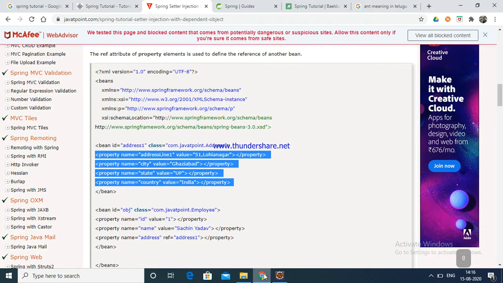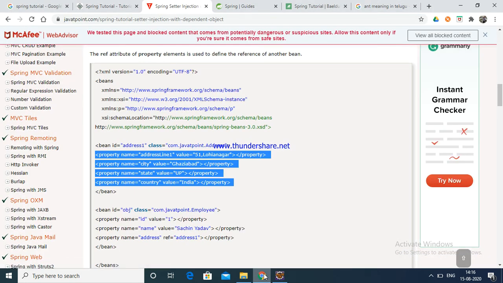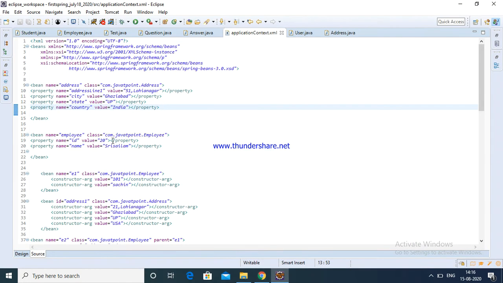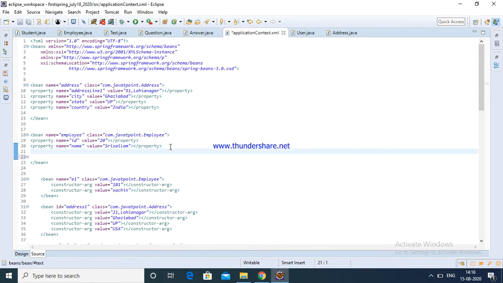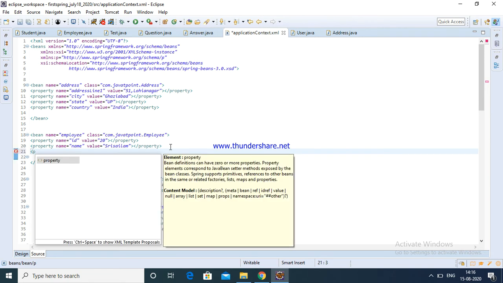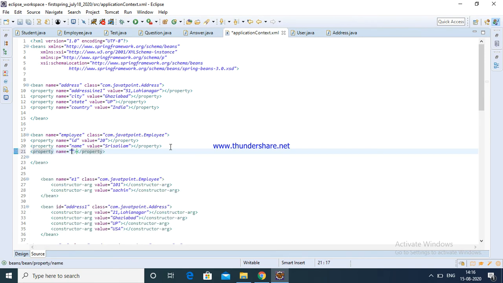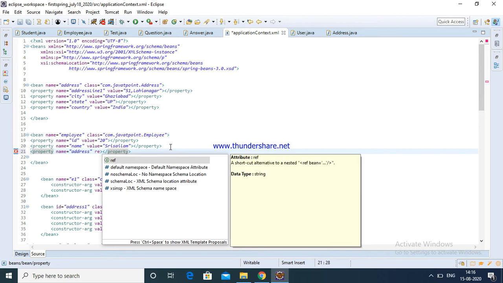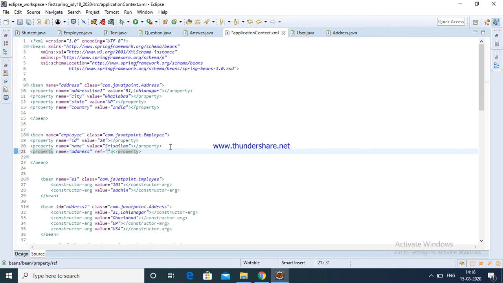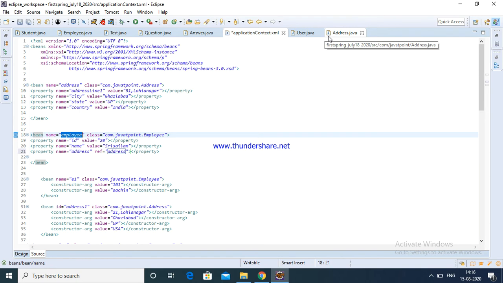Now I am going to use a reference, property name and reference. In the same way here, property address and ref address. Now the employee is already configured in the employee class.